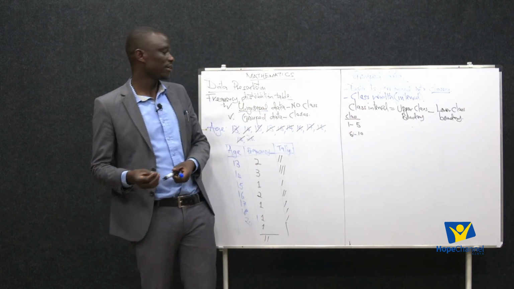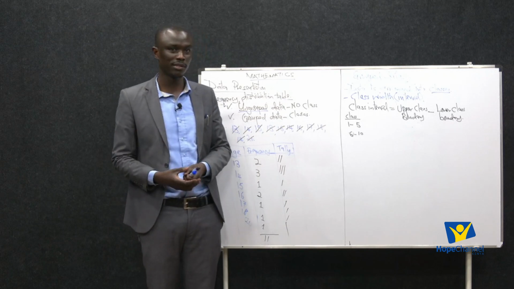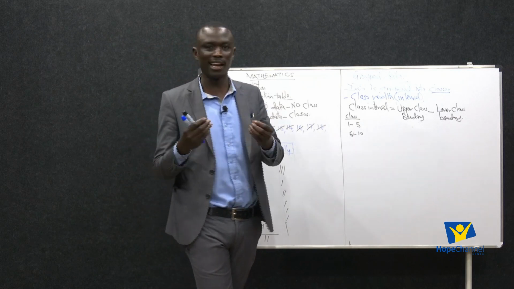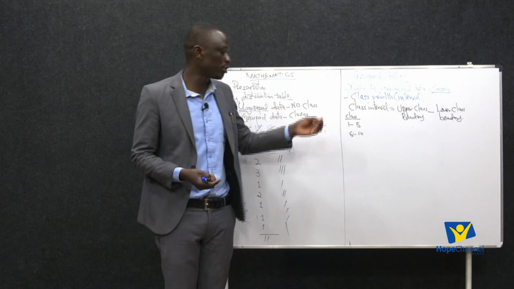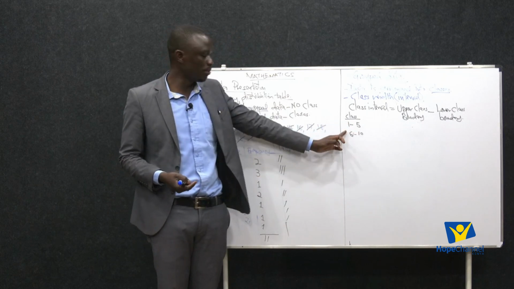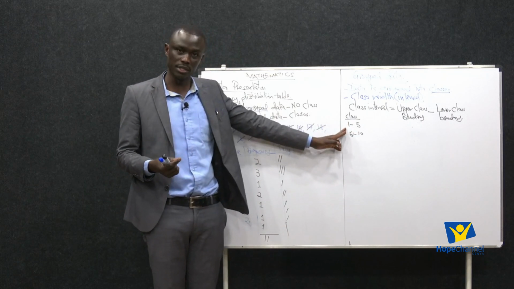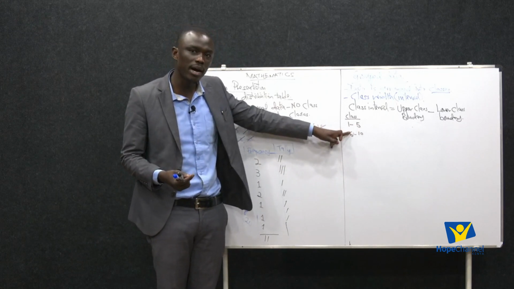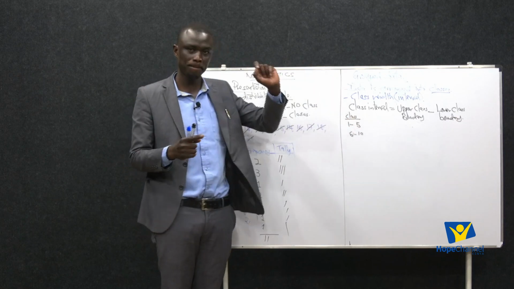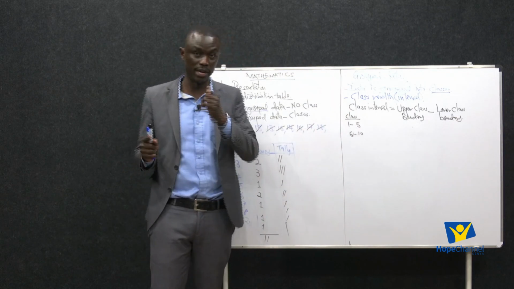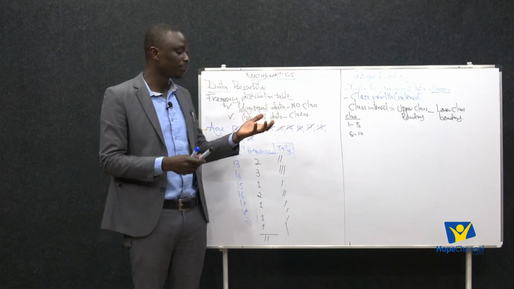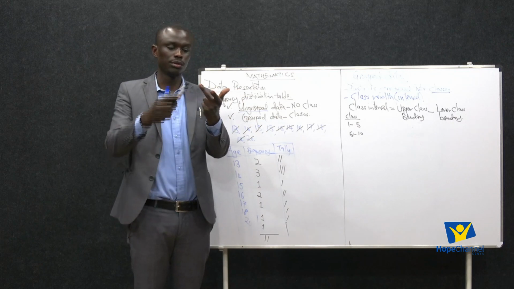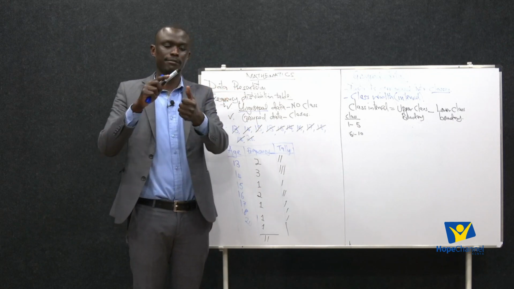Very simple. The first method is the manual method. Sometimes we can do a manual method in order to get this class interval. When we say 1 to 5, what we mean here is we are going to count all those numbers ranging from 1 to 5. This means that both 1 and 5 are included in this particular set. So we can do the manual one by saying 1, 2, 3, 4, 5.